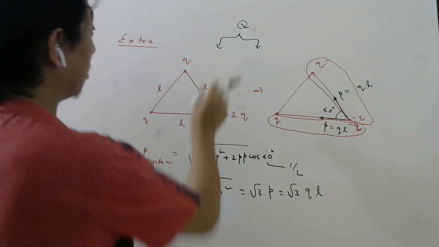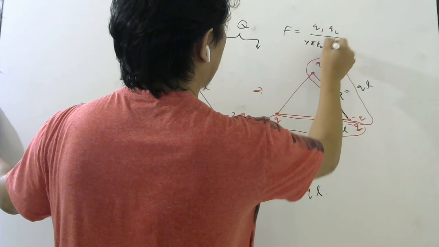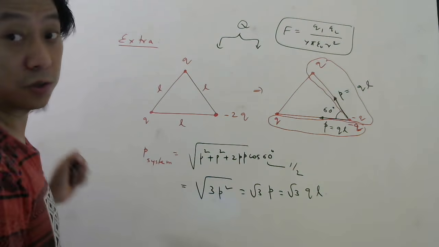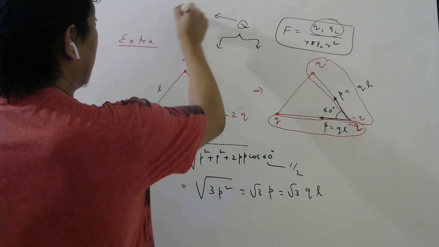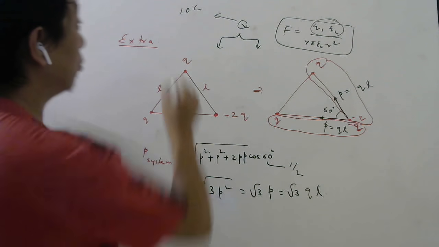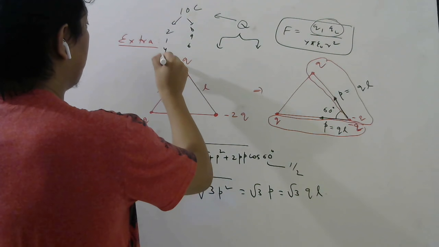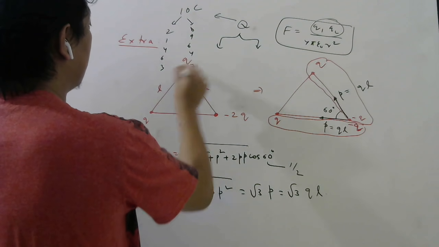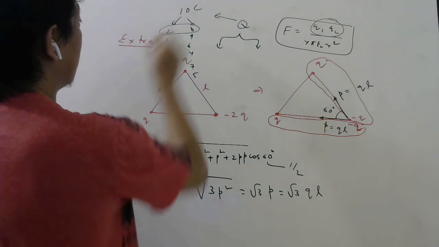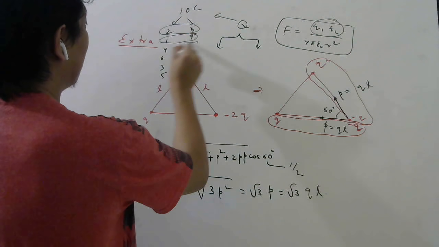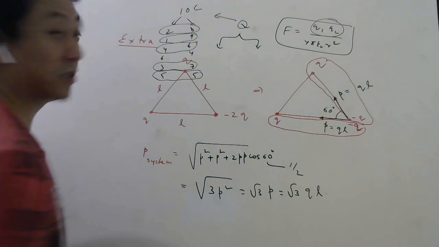The answer is, in order for maximum repulsion, what is the formula? Q1 Q2 by 4 pi epsilon naught r square, because these are point charges. So the force is proportional to the product of the charges. If this is 10 coulomb, let's say, and I divide this into two parts: 2 and 8, 1 and 9, 4 and 6, 6 and 4, 3 and 7, 5 and 5. In which case will the product be maximum? 2 into 8 is 16, 9 into 1 is 9, 6 into 4 is 24, 3 into 7 is 21, 5 into 5 is how much? 25.